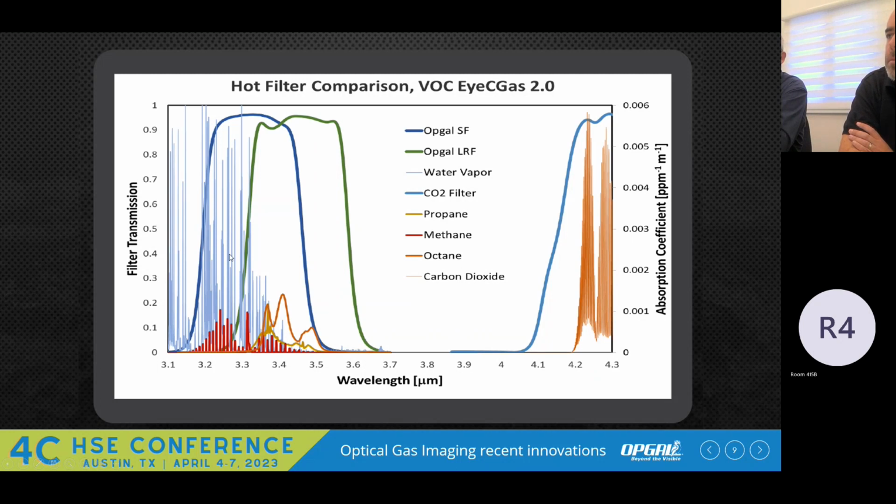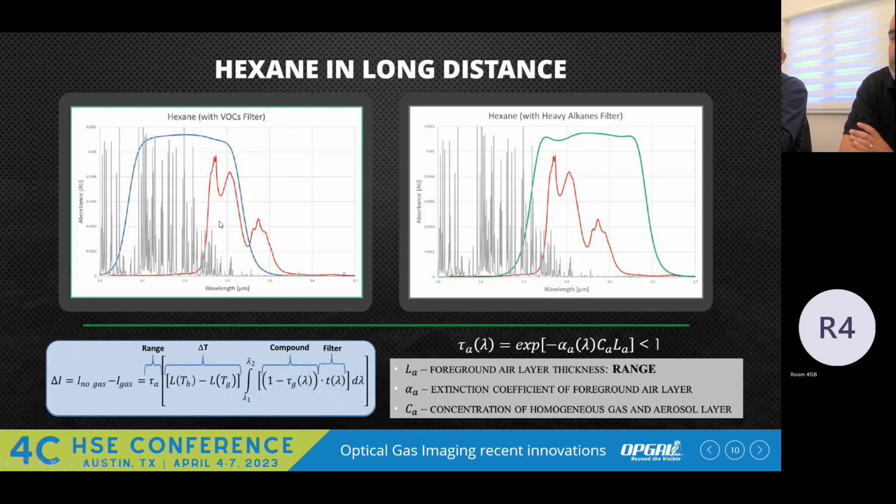But if you're talking about long range and you're looking at the sky background, this could make a huge difference, because water vapor is either absorbing or emitting energy and obscures or interferes with your detection. So you can see here our standard filter can cover all of these hydrocarbons, VOCs, methane, propane, and octane. And you can see that the long range filter, the green one to the right, at the longer wavelength, 0.1 micron longer, is almost free of water vapor. Therefore, it will work better at